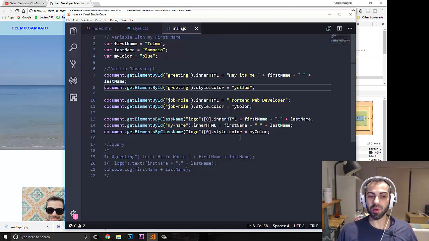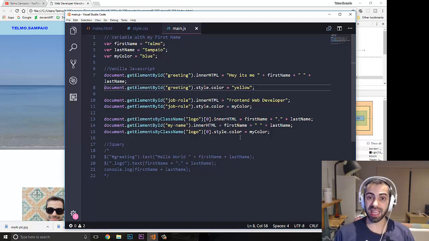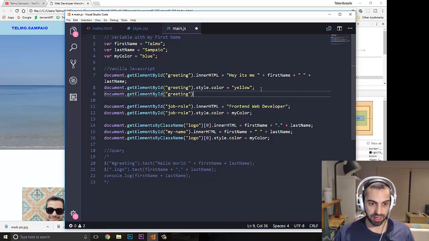So basically, now you can see that with JavaScript, you can access the elements on the page, update their text, like we showed in the previous example, and now in here you can update the style. You can put color. Let's say now that we want to put font size. We go to this one, to the greeting. Let's copy this,